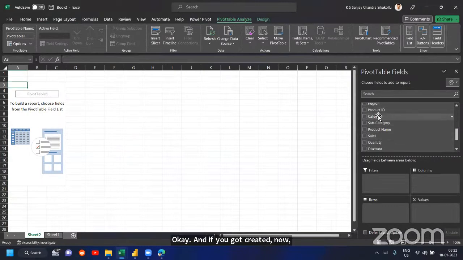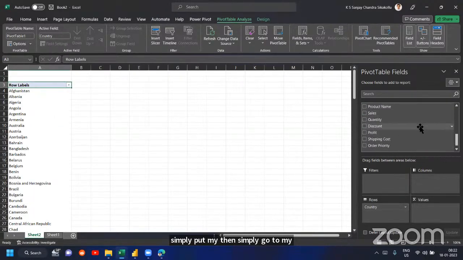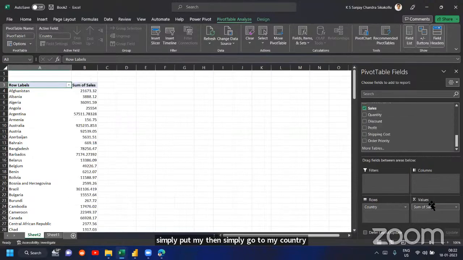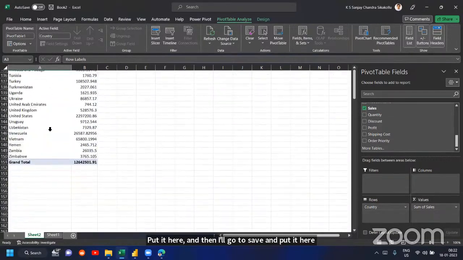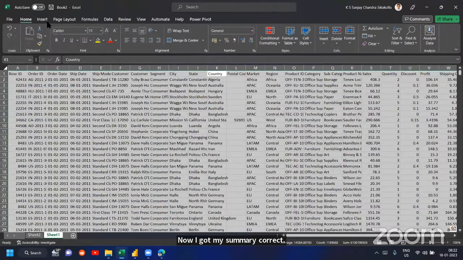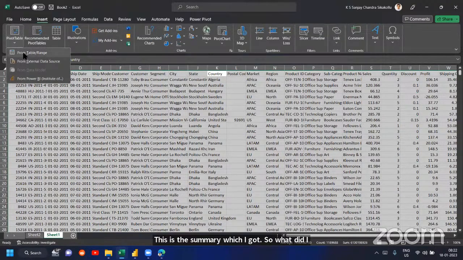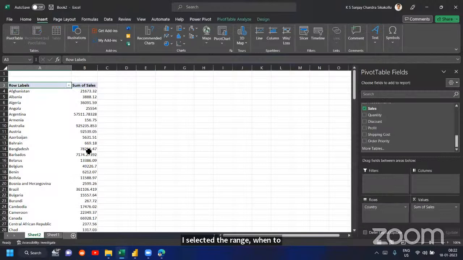Now what I will do, I'll simply go to my country, put it here, and then I'll go to sales and put it here. Now I got my summary, correct? So what did I do? I selected the range, went to insert, went to pivot, selected table or range, and it created a pivot.